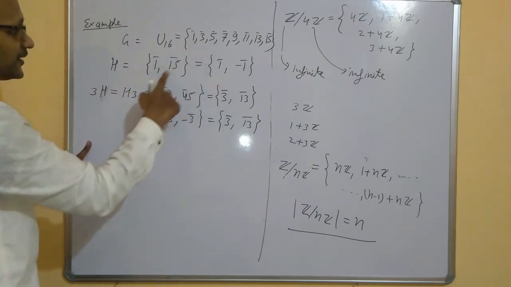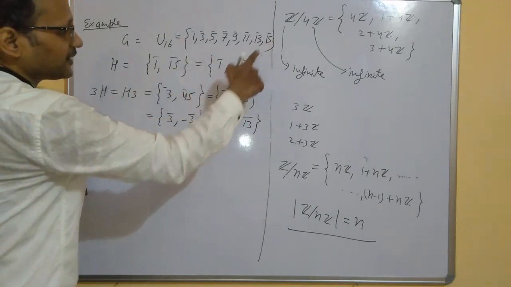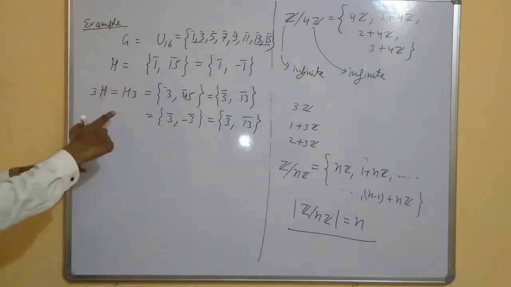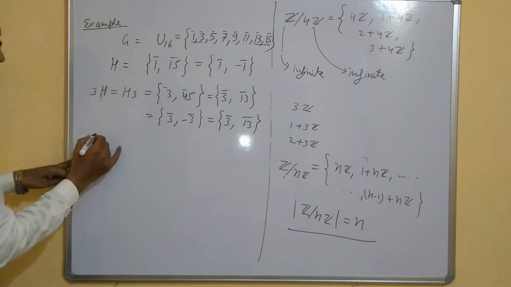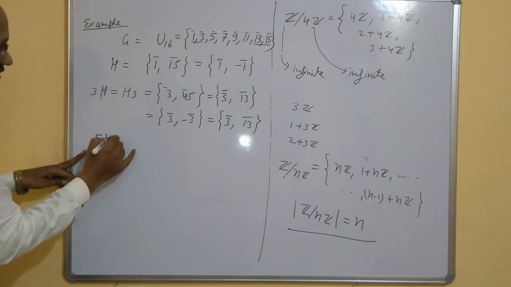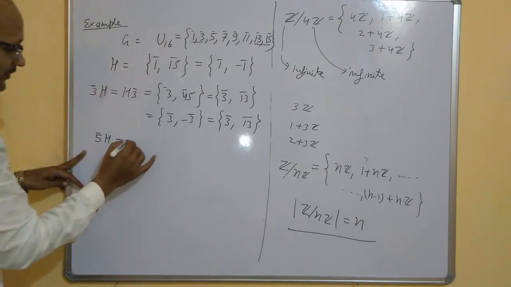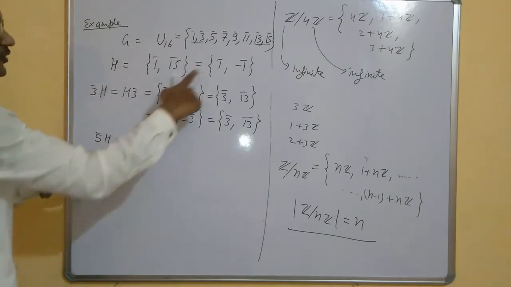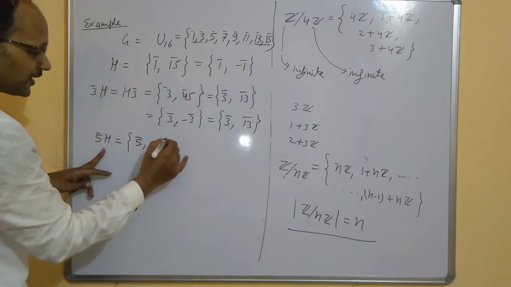So 1 and 3 are here, 15 is here and 13 is here. So this many elements have been covered in 2 cosets. Now take any element which is not inside these 2 cosets. Let me take 5. So 5H. Everywhere there is a bar, even if I am not writing it. So 5 we will multiply with both elements, so this is 5 bar and minus 5 bar.